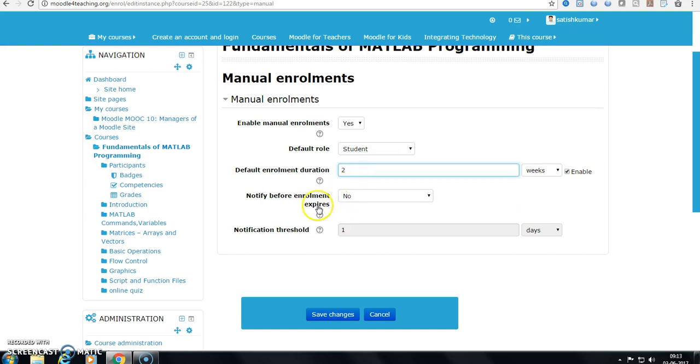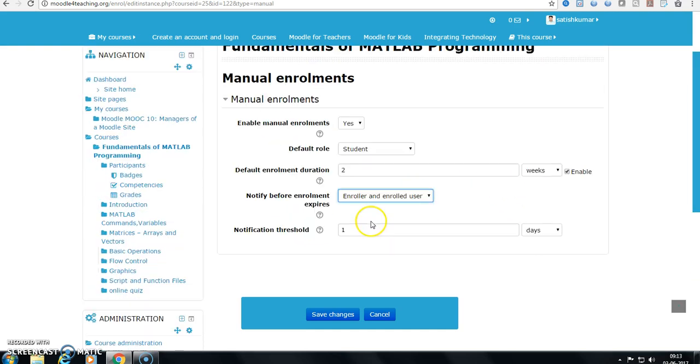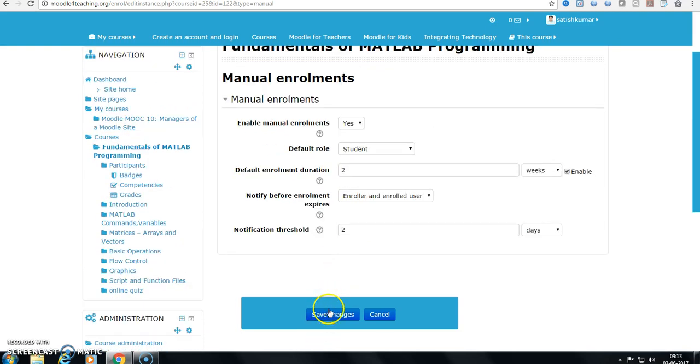Notify before enrollment expires, both for enroller and enrolled user. For the notification threshold, I am giving a minimum of maybe 4 days or 2 days, any days, and then click save changes.